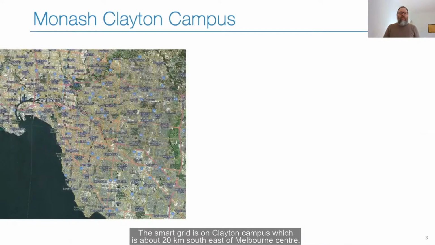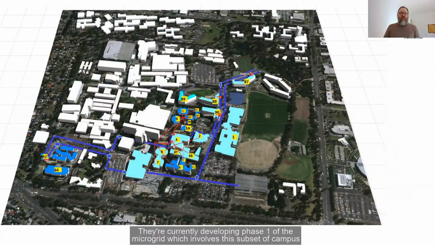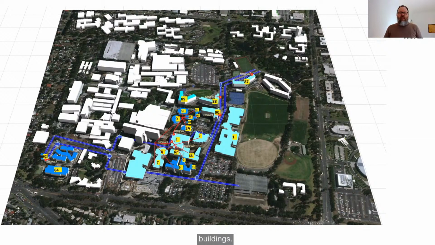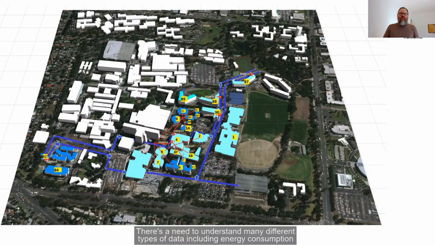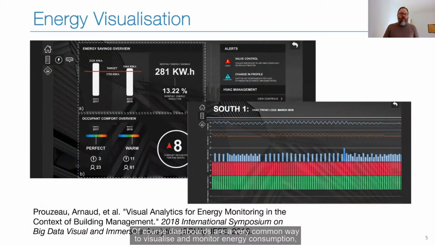The Smart Grid is on Clayton campus, which is here about 20 kilometers southeast of the center of Melbourne. And right now they're currently developing phase 1 of the microgrid, which involves this subset of campus buildings that you see here. So there's a need to understand many different types of data, including the energy consumption of buildings. Of course, dashboards are a very common way to visualize and monitor energy consumption. However, we wanted something that's much more